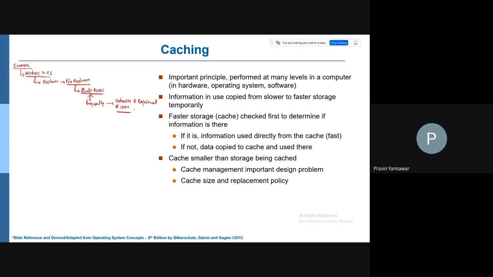Frequently means by understanding what? Who is understanding this behavior? The OS is understanding a behavior that I require one particular file most of the time, and I'm going to that particular location very frequently. So instead of going to that location, my File Explorer is providing me a quick access. Quick access means whatever is required in order to speed up access is placed into quick access. So frequently used files are placed into quick access.